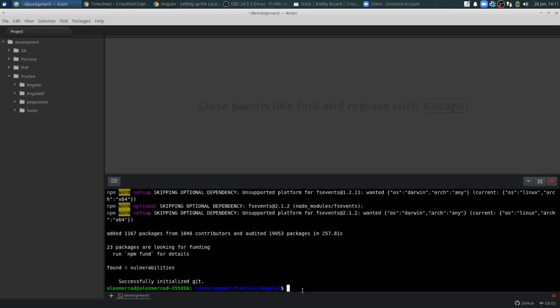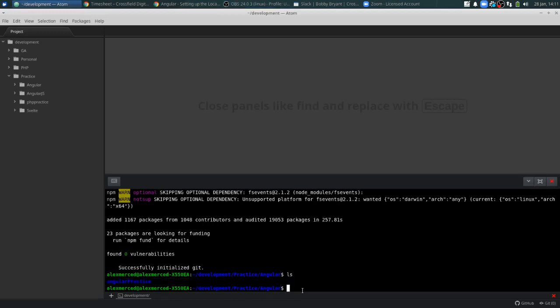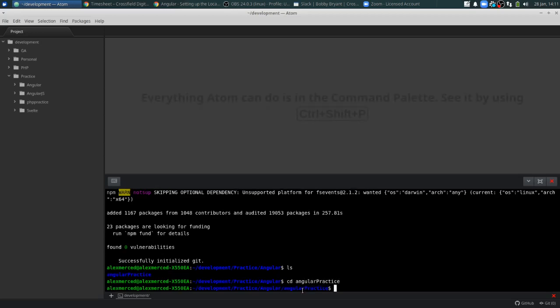Okay, so what we're going to do is we're going to cd into the folder. So you can see that a folder got made. So Angular practice, I want to cd into Angular practice. Neat. Okay, and then from there, we're just going to run